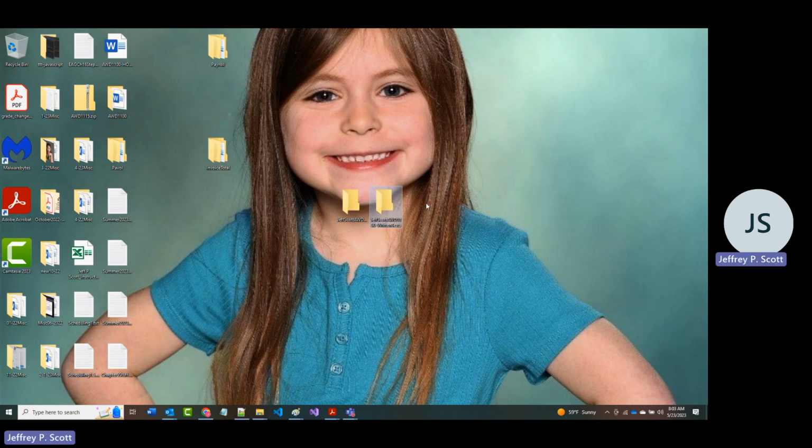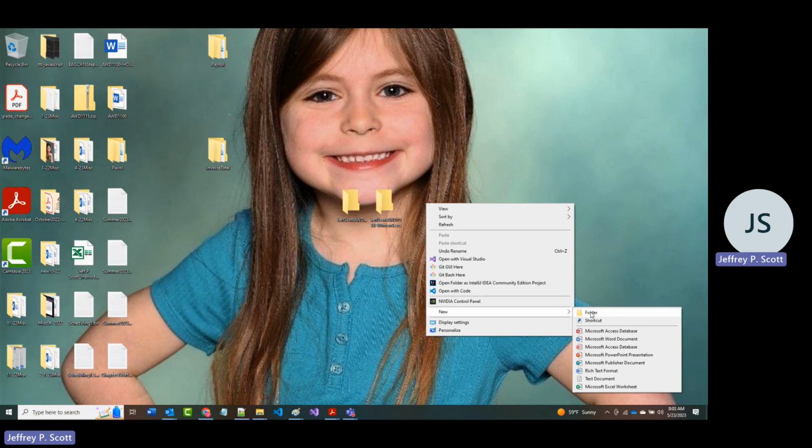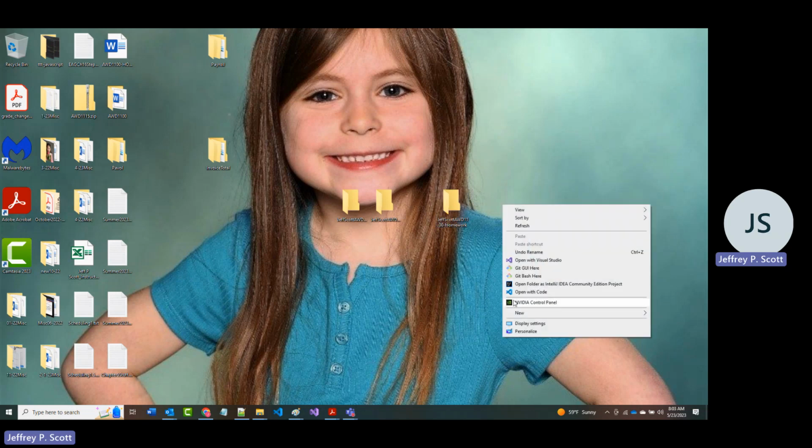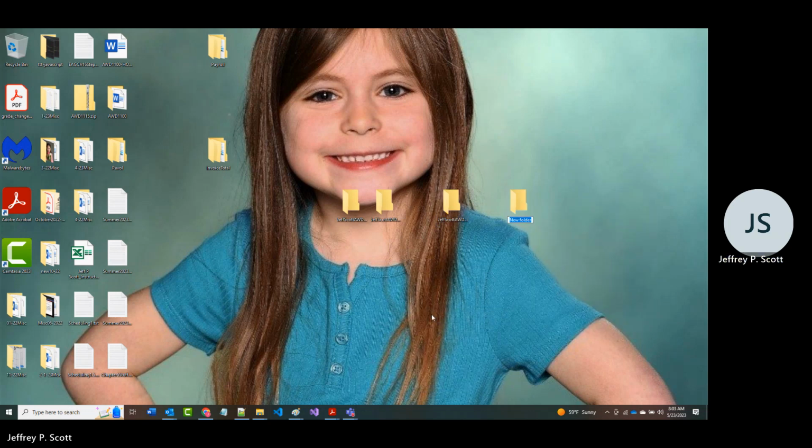Then the third one is going to be called Jeff Scott AWD 1100 homework. And finally, the last one will be called Jeff Scott AWD 1100 labs. Okay. So I now have these 4 folders that I've created. Now I'm going to come back here